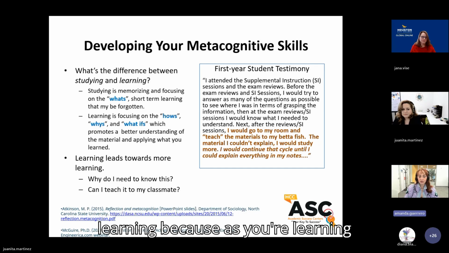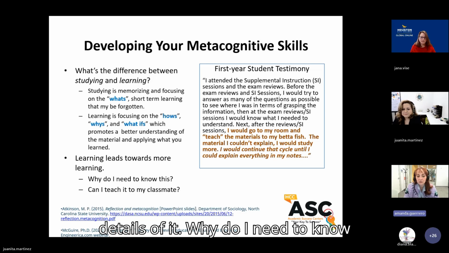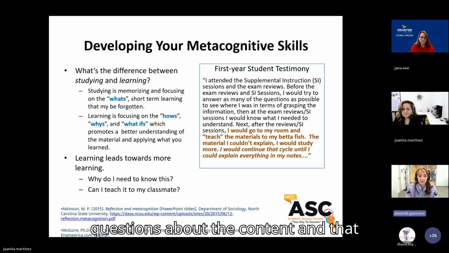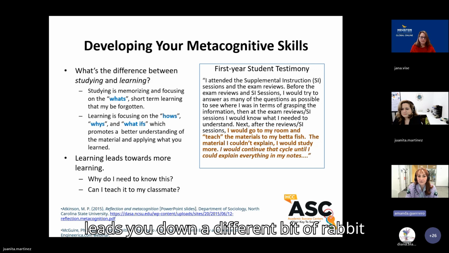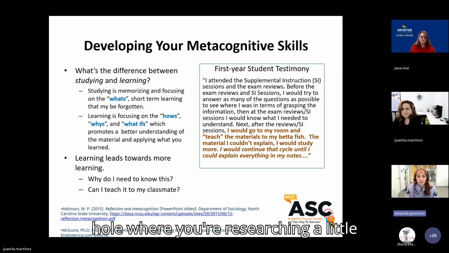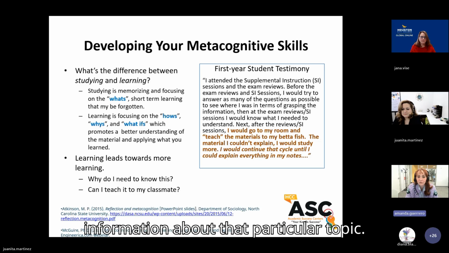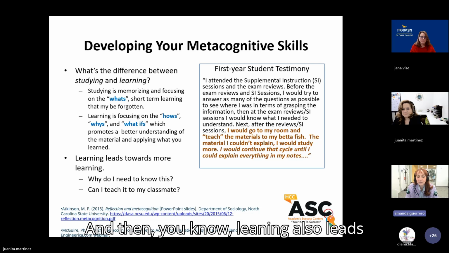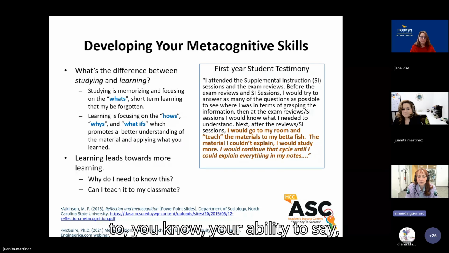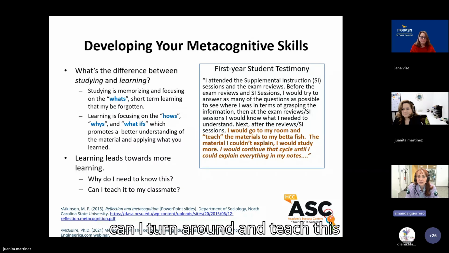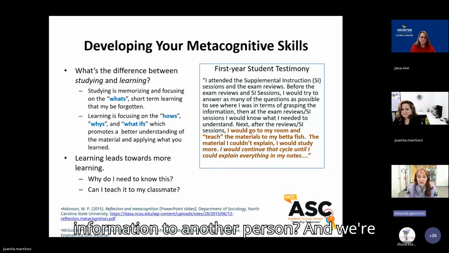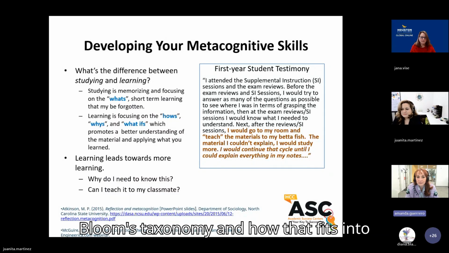Learning leads to more learning because as you're learning material, you're asking yourself things and you're kind of digging into the details of it. Why do I need to know this? And then you might even have questions about the content, and that leads you down a different bit of rabbit hole where you're researching a little bit to find out more information about that particular topic. And then learning also leads to your ability to say, can I turn around and teach this information to another person? And we're going to talk a little bit more about Bloom's taxonomy and how that fits into the bigger